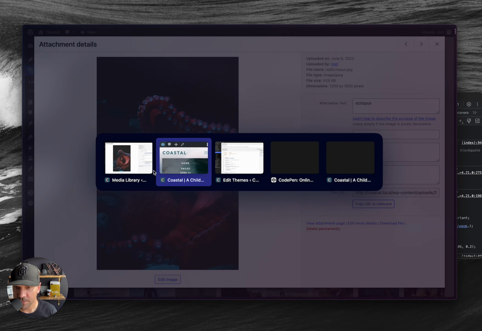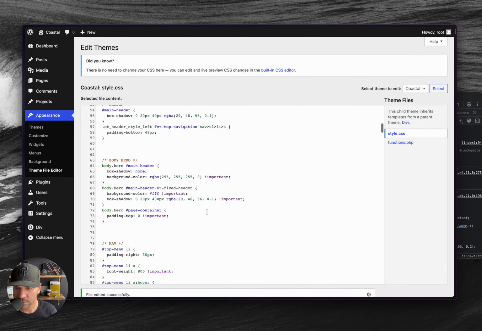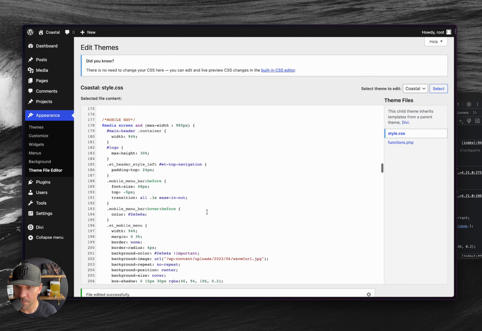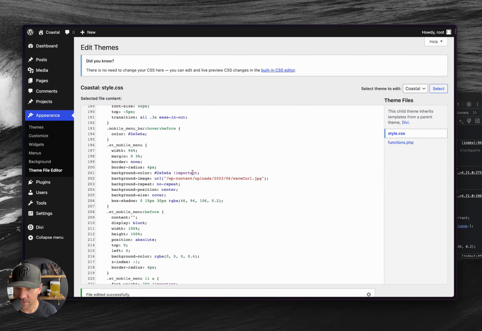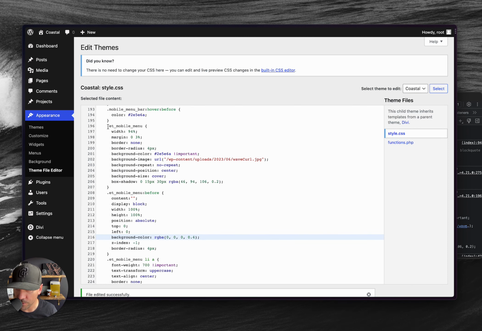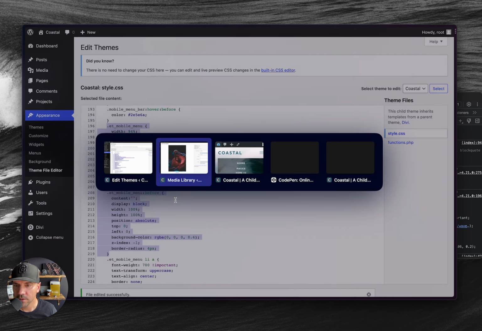Actually, I'm going to wait on that. I'm going to go to the mobile menu area here, fix nav, mobile nav, here we go. And I'm going to grab this rule right here. So this rule is determining what image is being used. And then this next rule is determining how dark the overlay on top of the image is. So I'm actually going to grab both rules. There we go. I'm going to copy them,